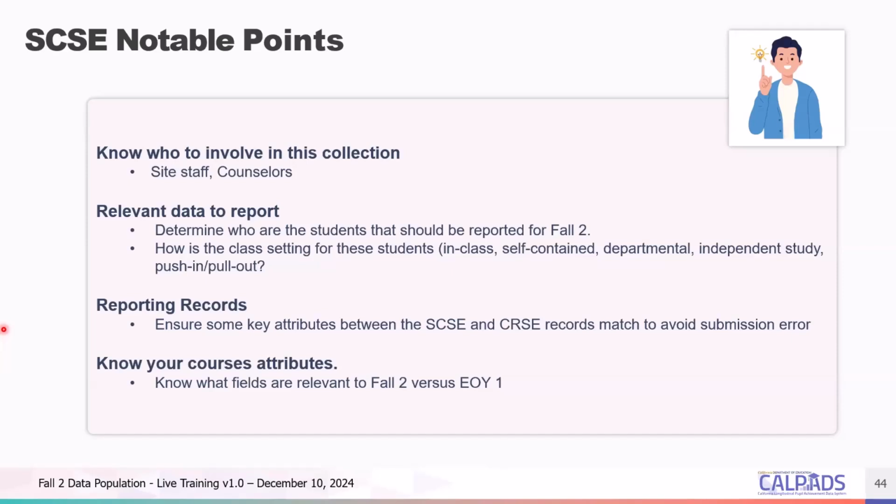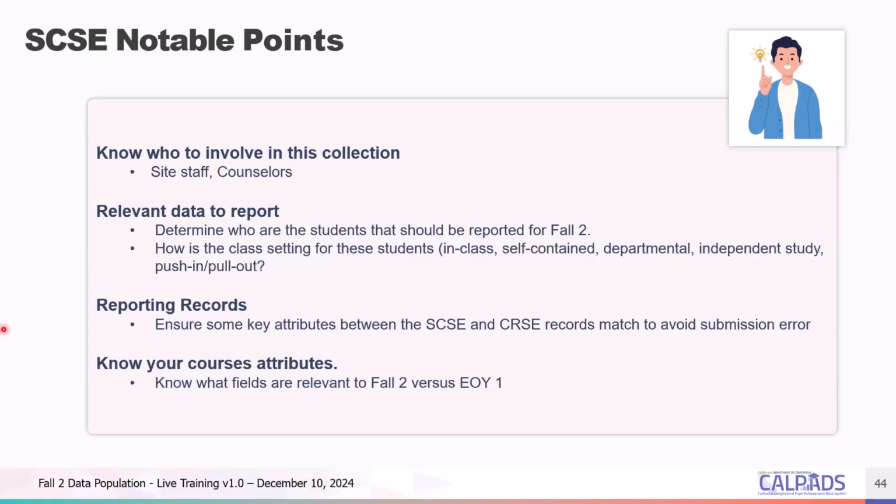LEAs are not required to submit course enrollment data for adult classes, child center or preschool classes, before or after school childcare programs, pull out or push in instruction taught by an itinerant teacher or a pull out push in or resource teacher. Again, these use the staff job classification code of 27 unless the course section already exists in the master schedule, or for students primarily enrolled in NPS schools.